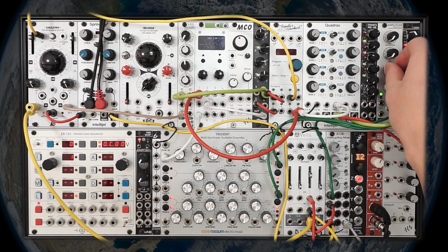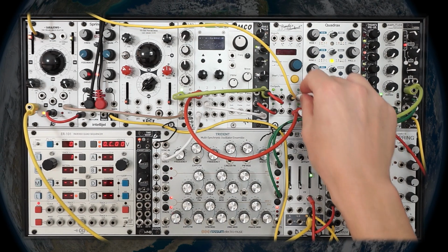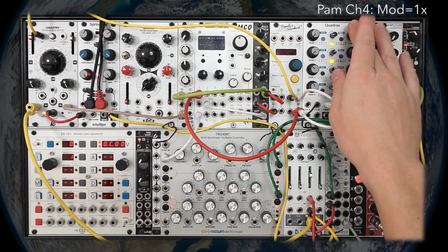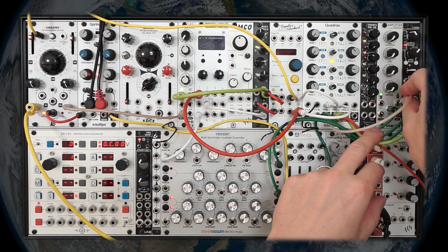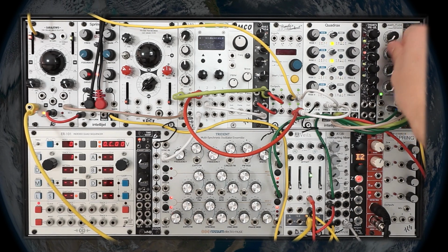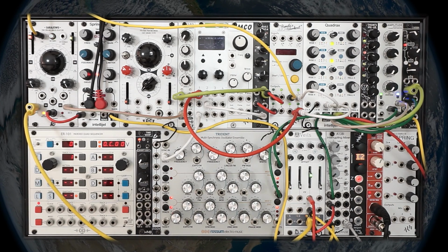I'll bring down the offset to quiet this thing up. Start my shape maker going again, and I'll use channel 4 just as I found it, with a modifier of 1x, and I'll use it to trigger envelope number 1. Envelope 1's output will be pointed at the amplifier's CV input. Turn it up and see what that does. That's kind of a kick drum,